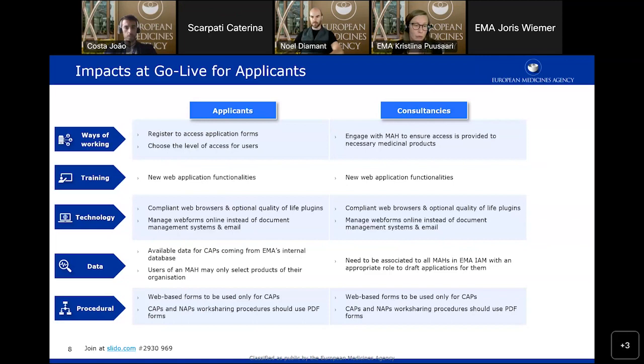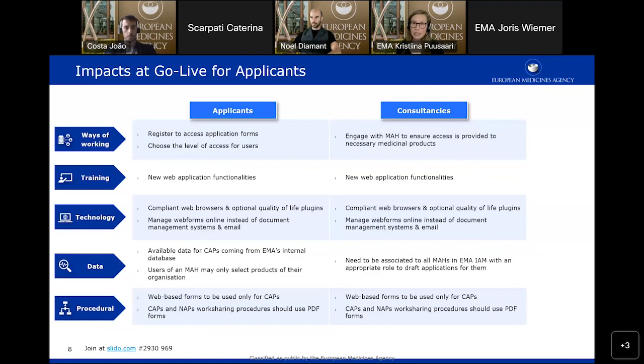Then, of course, again, as I mentioned earlier, the available data for CAPs will come from EMA's internal database. Some of you may know that database as IAMED. And at this point, and in future, of course, the users, often marketing authorization holders, may only select products of their own organization.